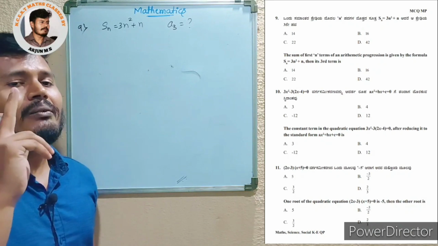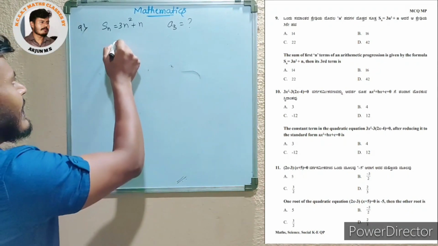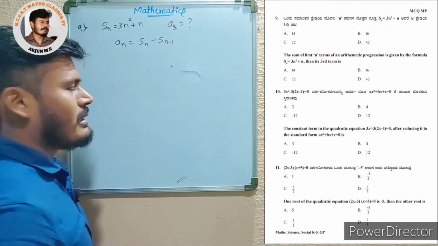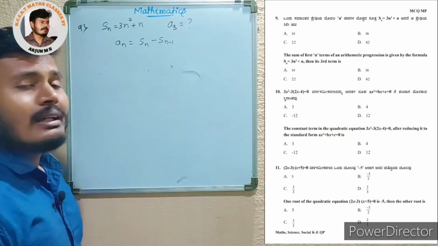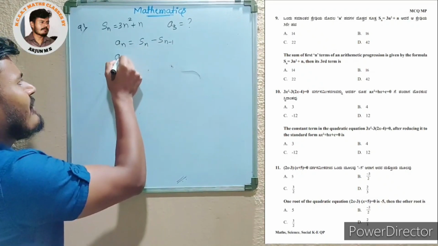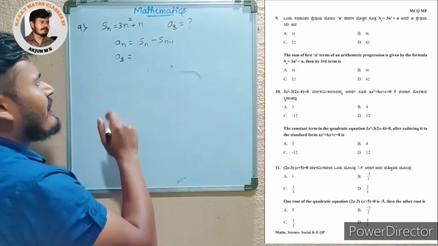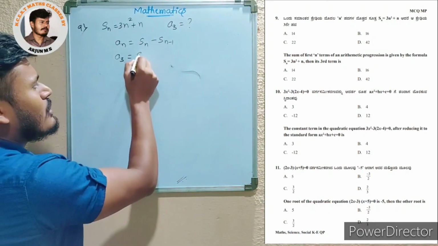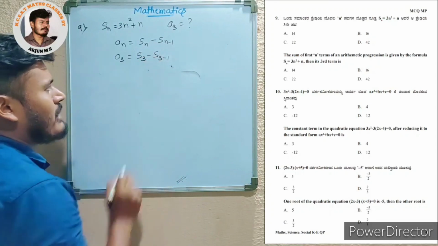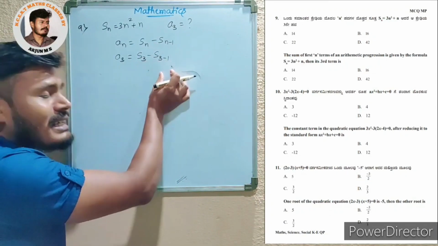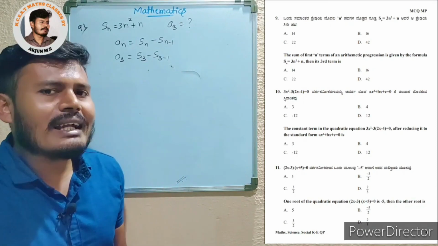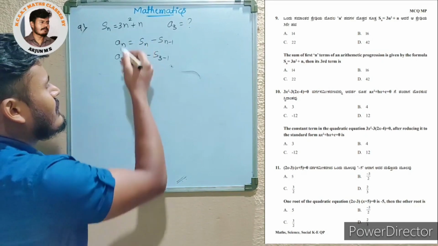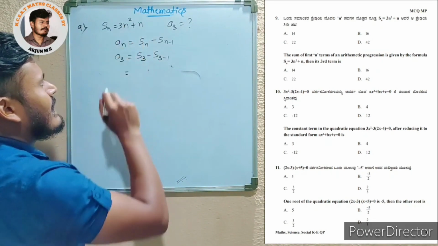That's why we use one condition. That condition is the nth term of an AP is always equal to Sn minus Sn minus 1. This is a very important statement or condition. So we have to find the value of a3. a3 is equal to s3 minus s2. That means the sum of the first three terms minus the sum of the first two terms, then you will get the third term of the arithmetic progression. So a3 is equal to s3, you just put the value in 3n square plus